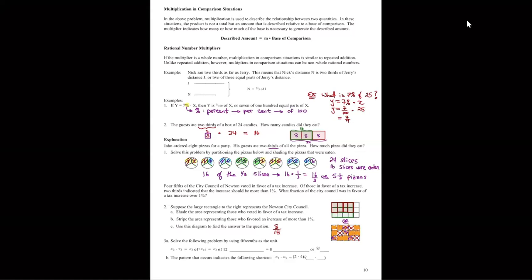But this is getting at the idea that there's a multiplication. When we say a percent of a percent or a fraction of a fraction, it's talking about multiplication, right? And that allows us to sort of cut to the chase a little quicker. So the next one, where it says, solve the following problem by using 15ths as the unit. So 2/3 times 4/5 is equal to